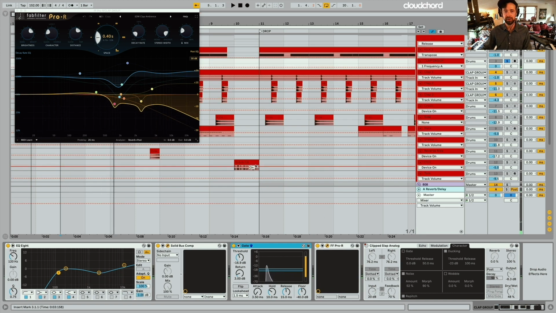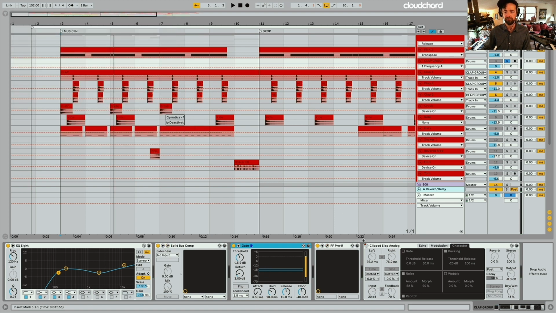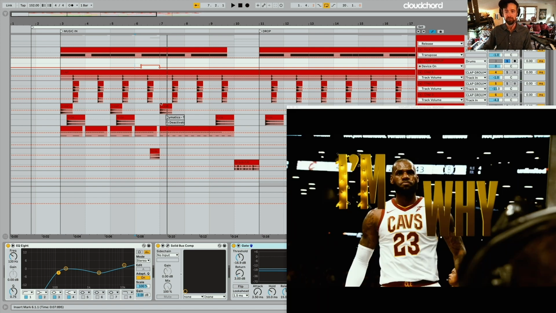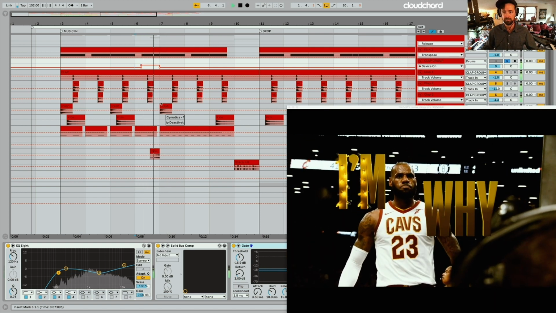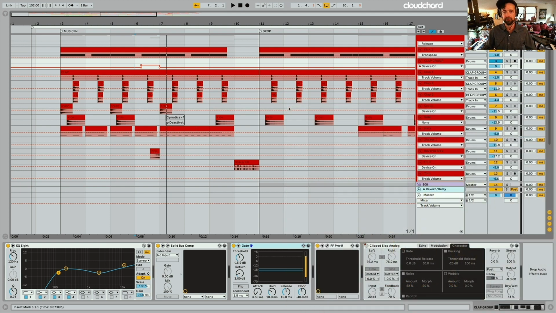And then I had some echo at one point just for an effect. Let's see where that is. Yeah, that's right there. And that was lining up with this. That's that "I'm Y" thing. So I found that the slapback echo gave it a little bit of extra emphasis.